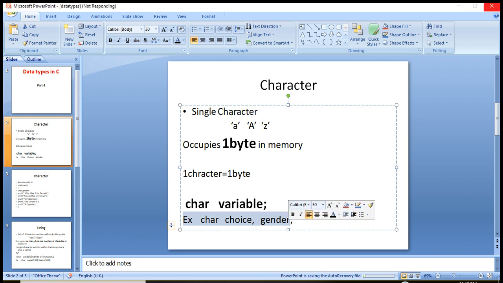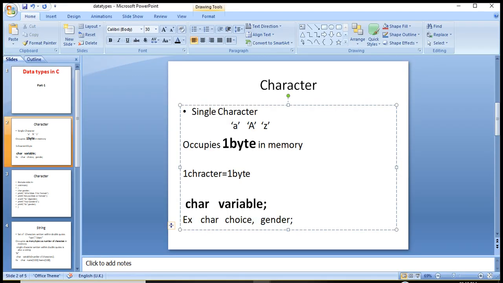And a single character variable always occupies 1 byte of memory. A single character always occupies 1 byte in memory. It means one character takes 1 byte.